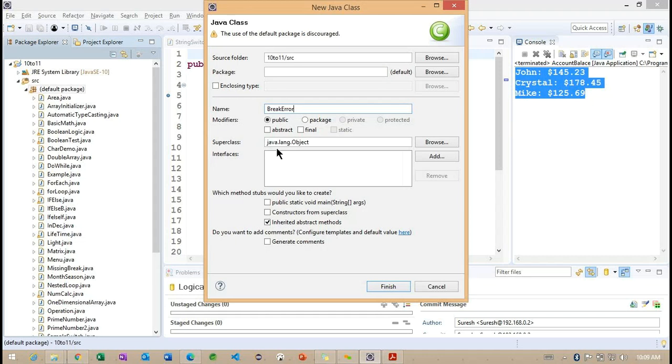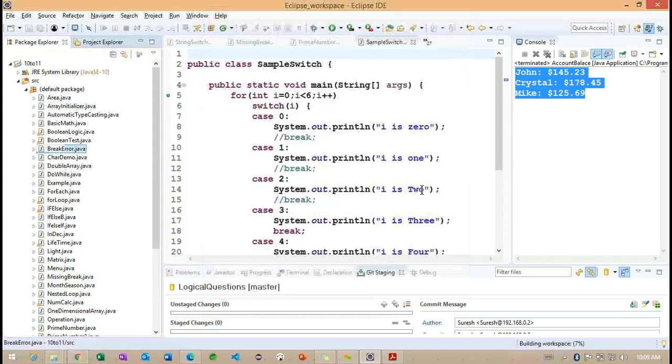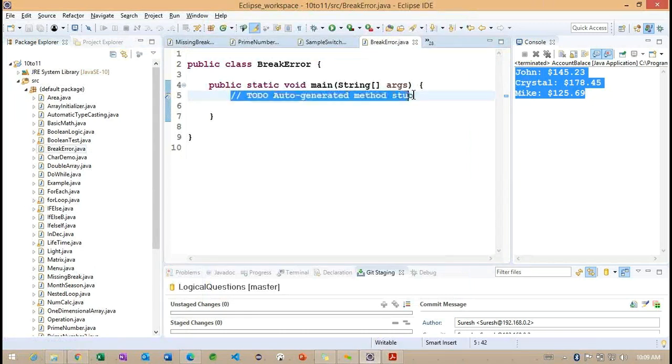Right now, inside this main method, let me create one loop here, because we need a simple example to understand the break statement.